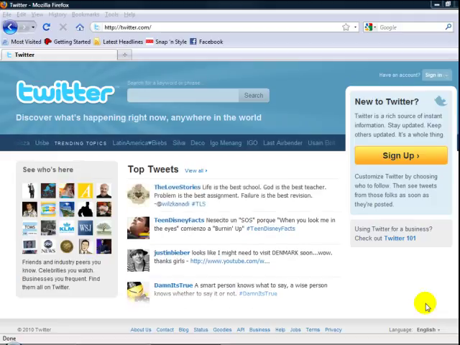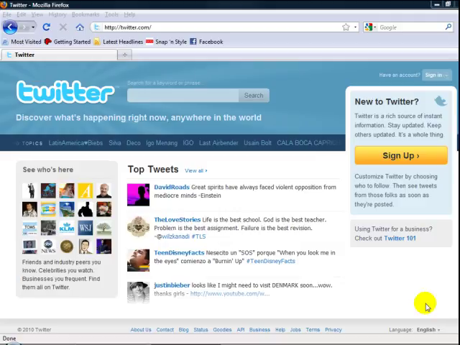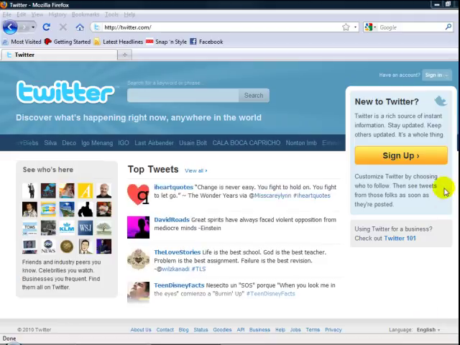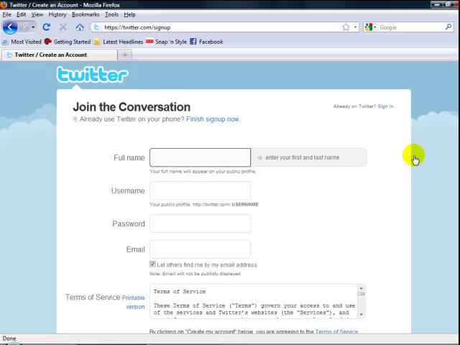The first thing you're going to do if you don't have an account is go to twitter.com, which is the homepage of Twitter. You will be asked to either log in or register. If you don't have an account, then of course you're going to need to register, so let's go ahead and go through that registration process. The Twitter screen is going to ask you for your full name, first and last name,